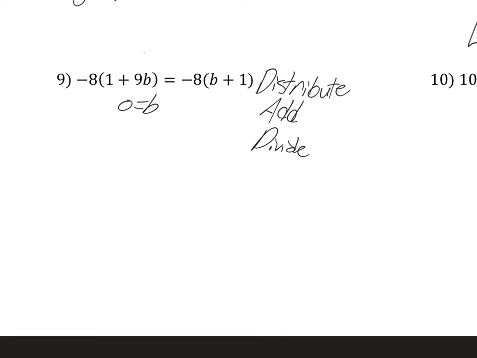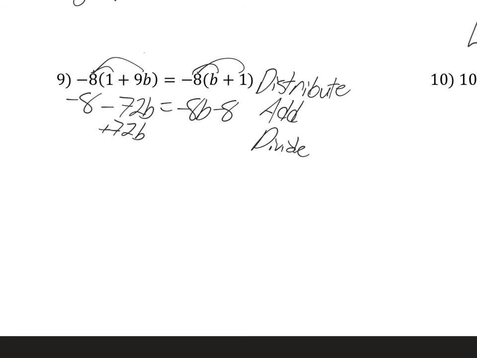Okay, we should have gotten 0 equals b, and we distributed, we added, and we divided. So let's double check that we got this one the right way. So distributing both of the 8's, so we have negative 8 minus 72b equals negative 8b minus 8. Then we are going to add the 72b to both sides. And we're going to go ahead and add this 8 to both sides. So this is a 0 equals